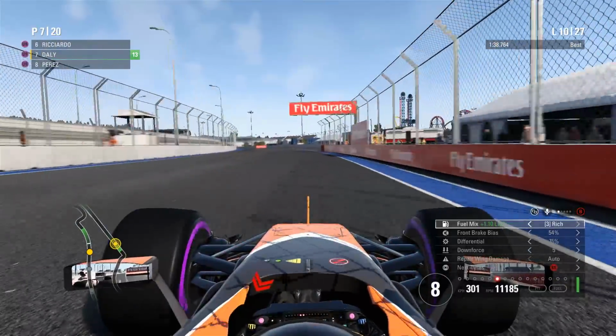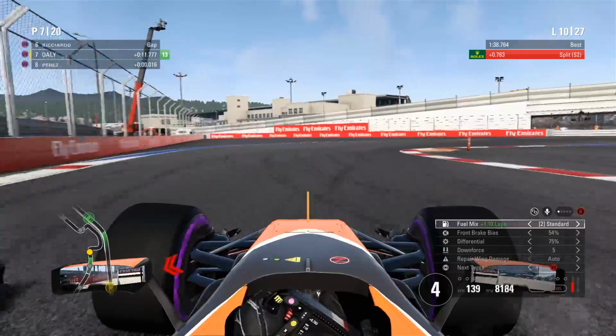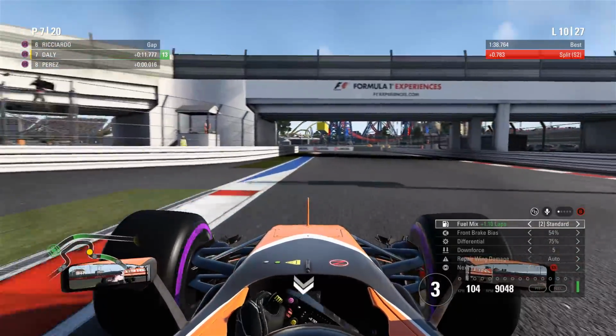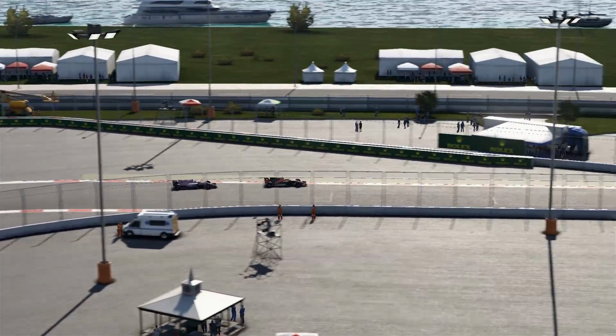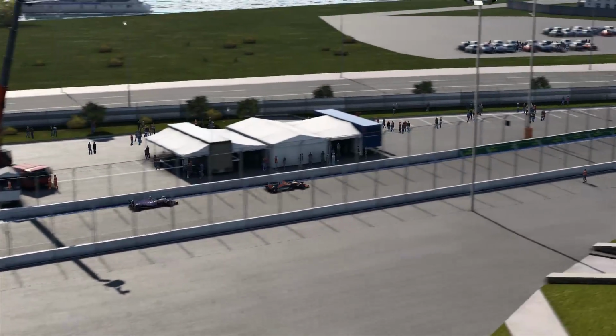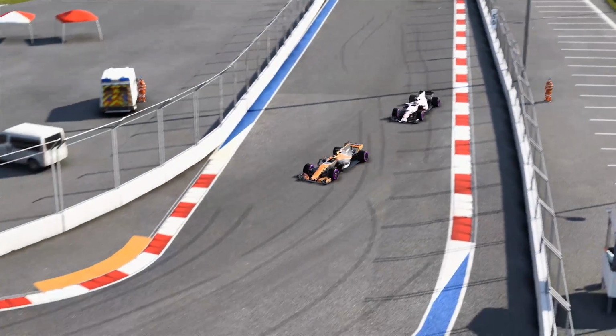So lap 10, we've already gone a third into this race, and now we are finally getting a challenge thrown upon us in the form of Sergio. Tries to go to the outside on the back straight there, doesn't really amount to anything. Through the middle sector though, the car holds out fairly well, and this is why I was thinking this race